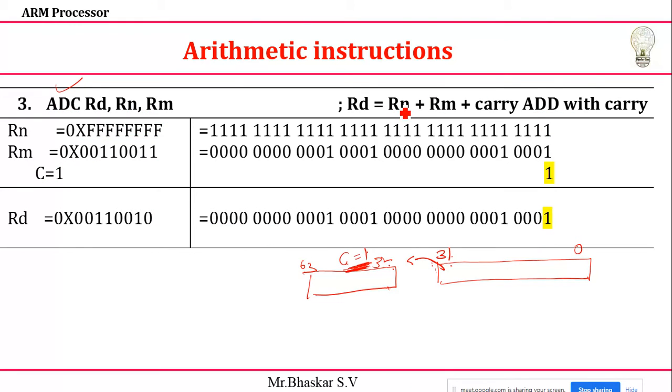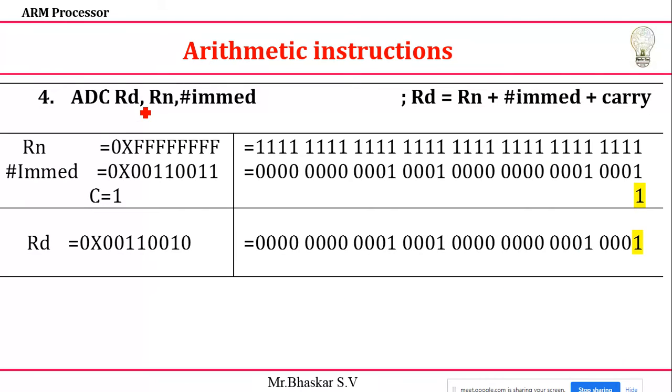If you use the registers directly, you can do that. I can use 2 registers or 3 registers. And the second thing is add with carry with an immediate value. You can take the value, and in that case also it will be added. It totally depends upon the carry bit. If carry is 0, then 0 will be added. If it is 1, then 1 will be added to this one.